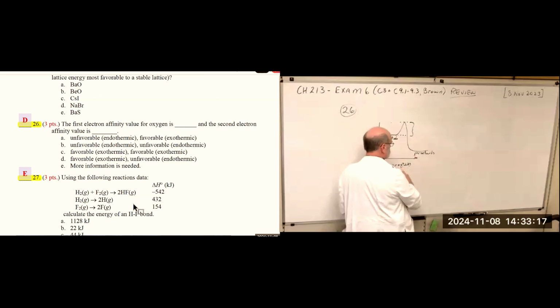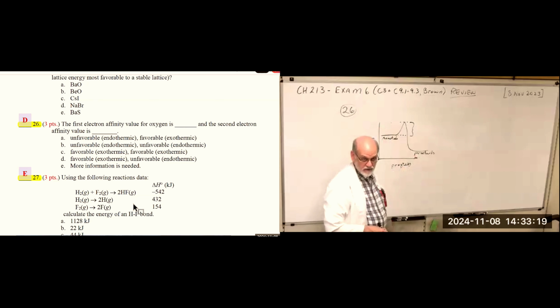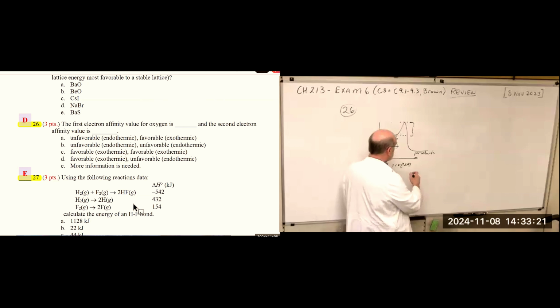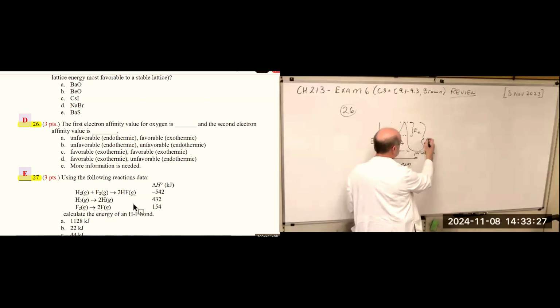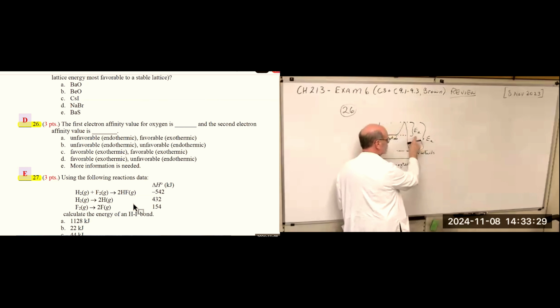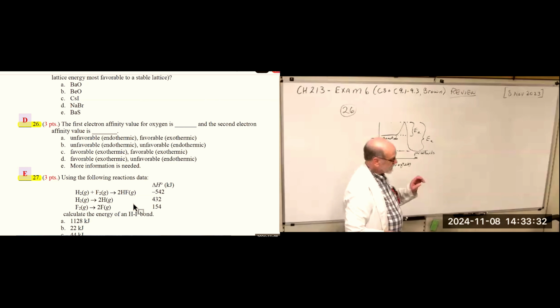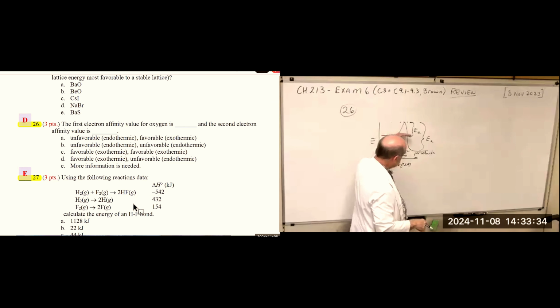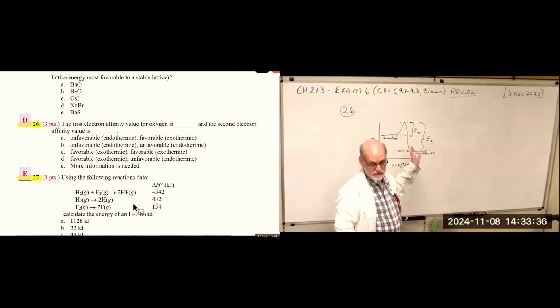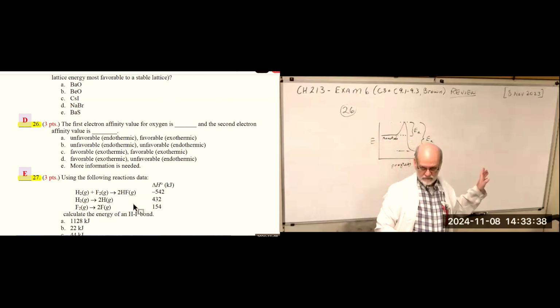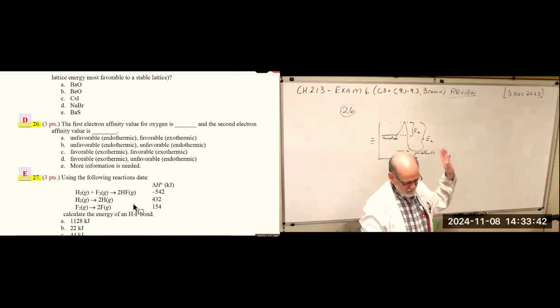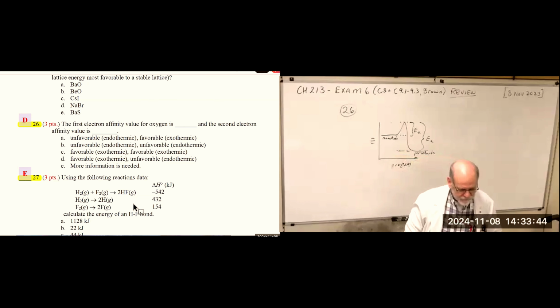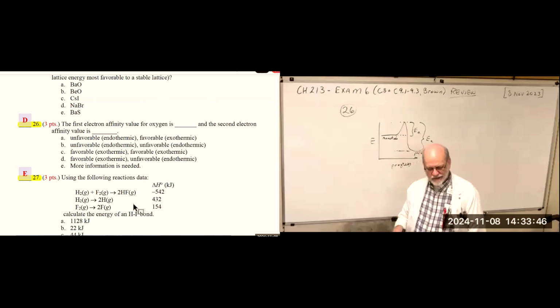But if you go backwards, the endothermic direction, you have to add energy to get there. The activation energy now is between that and that. So this activation energy is much higher than that one. That's why the forward direction is favorable and the reverse direction is not favorable. Okay. So with that in mind, the first electron affinity value for oxygen,